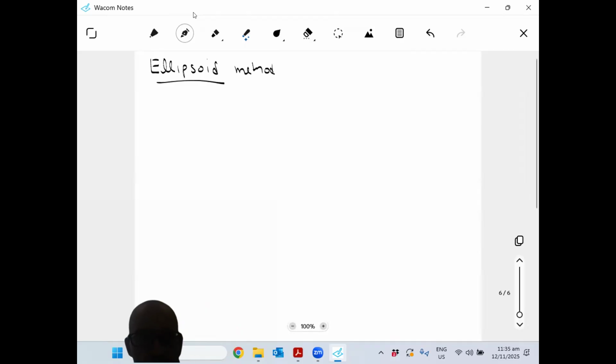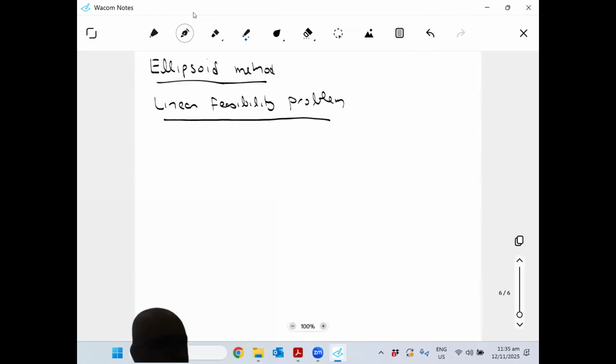Okay. So I'll first describe the method for you, not for the optimization case, but for a related problem called the feasibility problem. Here is a linear feasibility problem. It's a very simple problem. Let's say I've given you a polyhedron P = {x in R^n : Ax ≥ b}. I give you A, b, and I tell you, look at the set. So what is the linear feasibility problem? Given P,